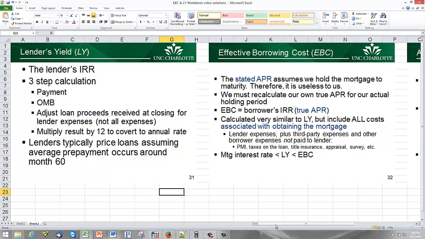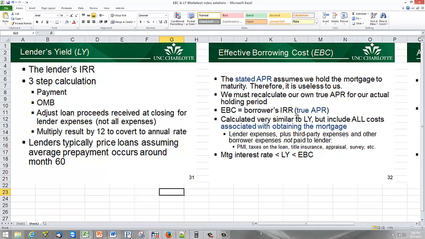Okay, so effective borrowing cost. The borrower has to pay both interest and closing costs, and most likely the holding period is going to be different; we're going to have some kind of finite holding period. We're usually not going to hold the mortgage all the way to maturity. When that's the case, we have to compute our effective borrowing cost because the holding period is going to change the result. So what we're going to do with this calculation is convert the interest rate and any mortgage related closing costs that we incur